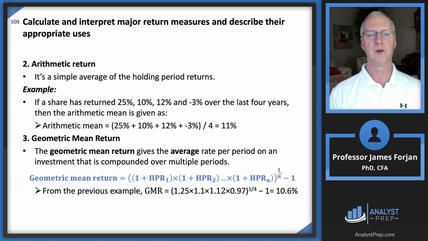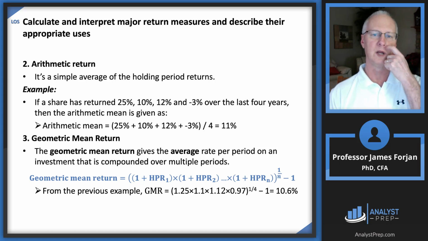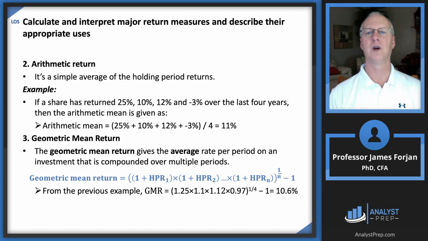Another return measure is the geometric mean return. And note that when you compute the arithmetic mean, if you're going to divide by 4 in that earlier example because there are 4 time periods, it does give you an average. But what I want you to do is consider the following. Suppose that I was your money manager and you gave me $100 today and said, hey Jim, invest this $100. And during the course of the year, I turned it into